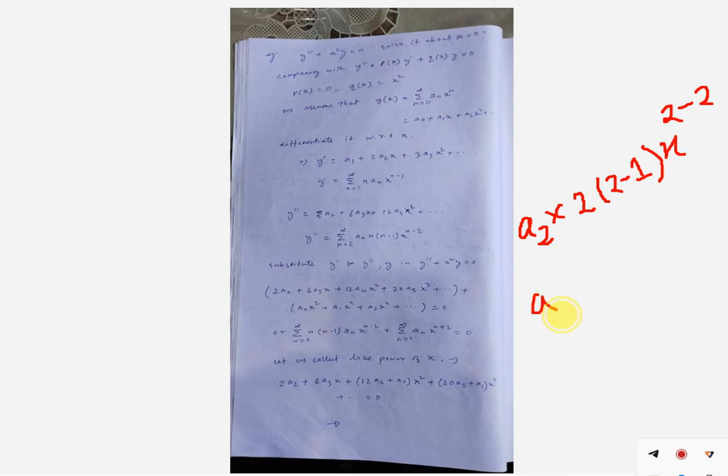So what we will get: a2 into 2 minus 1, which will be 1, then multiplied by 2, so a2 into 2, and x to the power 2 minus 2 will be x to the power 0, so the answer will be